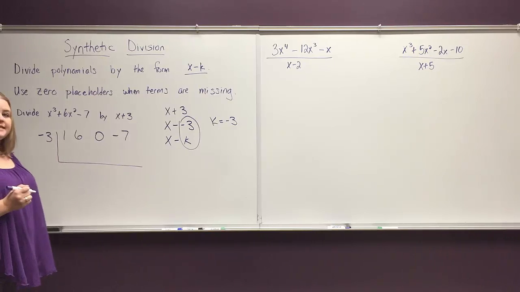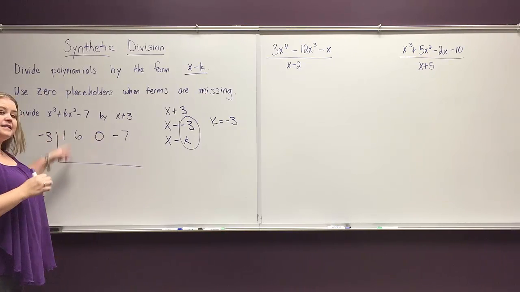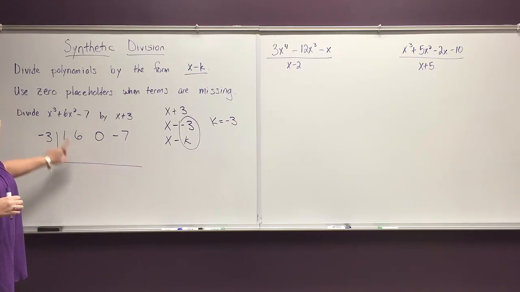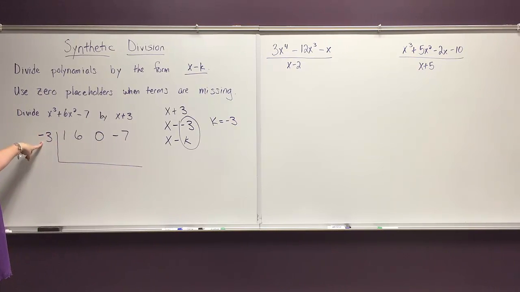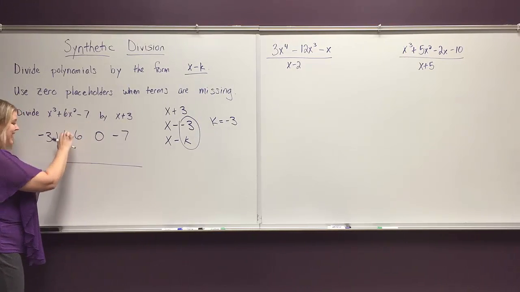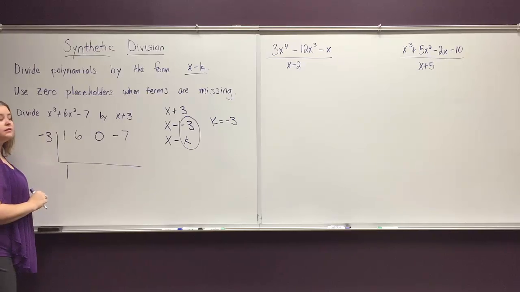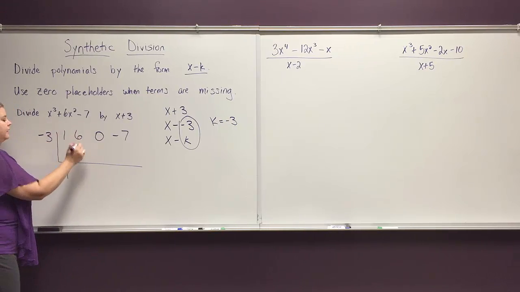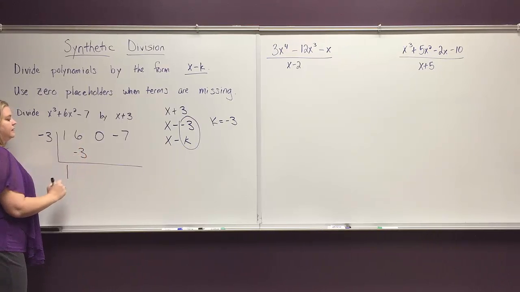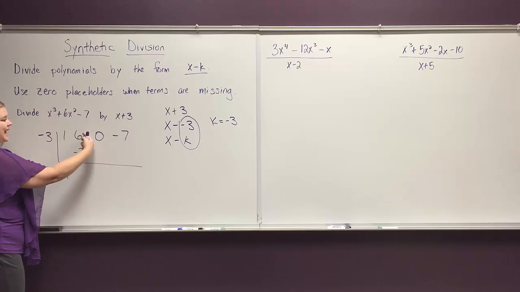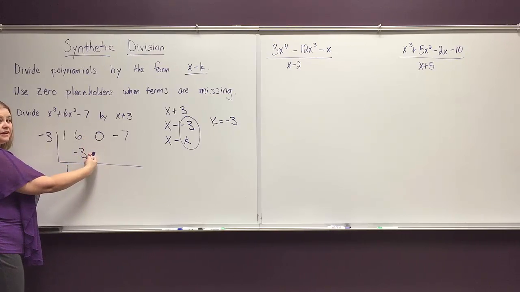Now, to perform the synthetic division, we add going vertically in the columns, and when we get those results, we multiply them by our k. So when I add in this column 1, there's nothing to add it to, so that 1 comes straight down. Now I take that 1 and I multiply by the negative 3. That gives me a negative 3. That goes in the second column, second row,